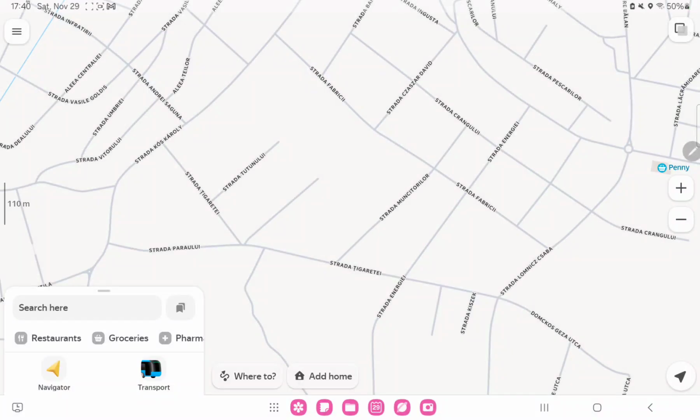Hello guys, in this video I'm going to show you how to turn on intersection alert on the Yandex Maps